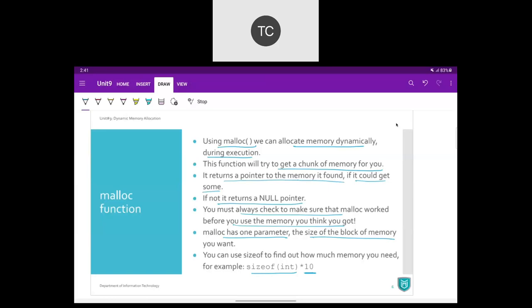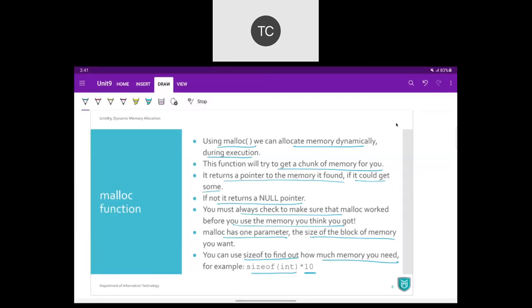That's the reason we should go for sizeof for the actual calculation of your memory. So that's how we calculate our requirement of memory, and then we pass this amount to the malloc function, and it is going to allocate us a memory block.